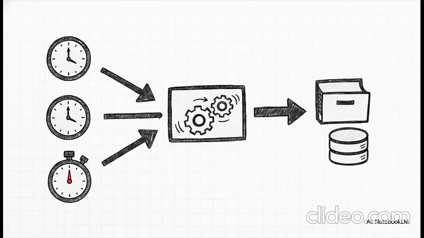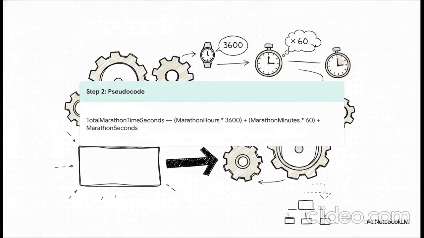We have the hours, the minutes, and the seconds all stored away in their boxes. So the next logical step is to convert all of that into one single number, the total time in seconds. And here's what that looks like in pseudocode. It's a pretty simple calculation, right? We take the hours and multiply by 3,600, then we add the minutes multiplied by 60, and finally, we just